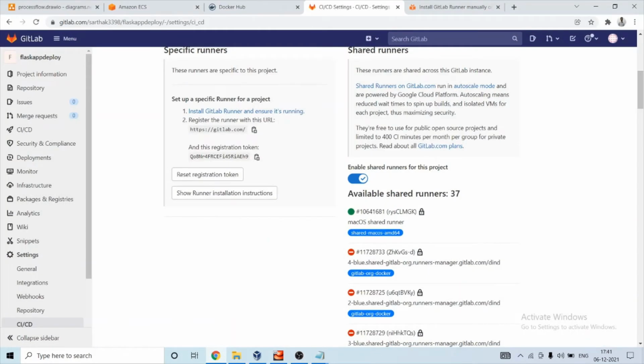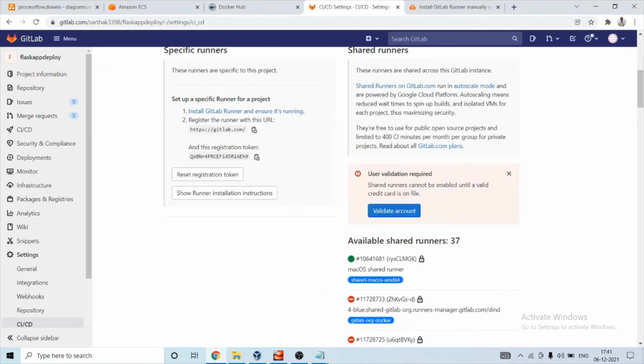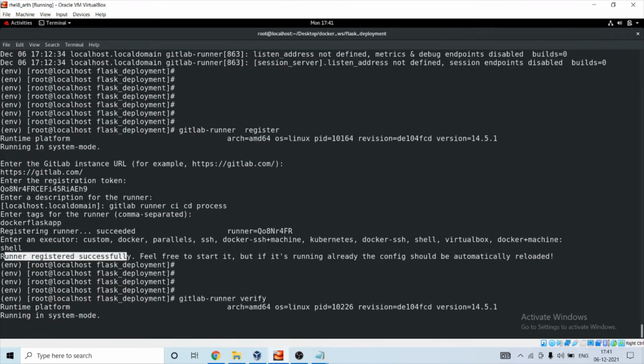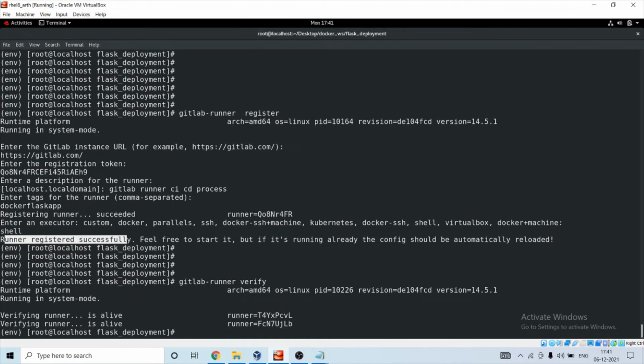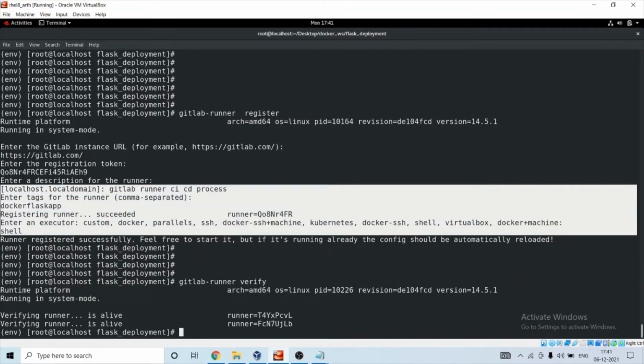And what we need to do, we need to also disable shared runners for this project. Okay, let's check whether GitLab runner is verified. It is used to verify whether the credentials that have been entered are correct or not.